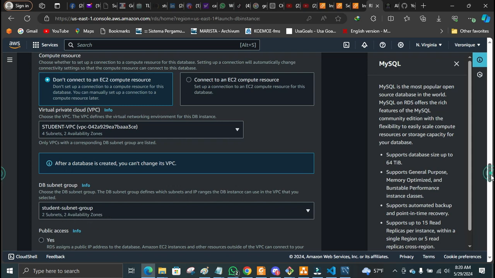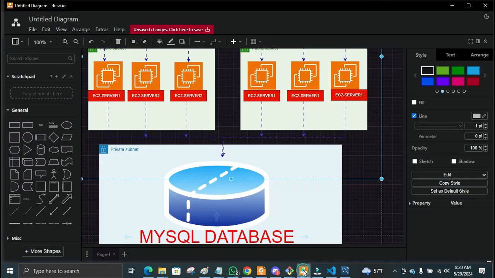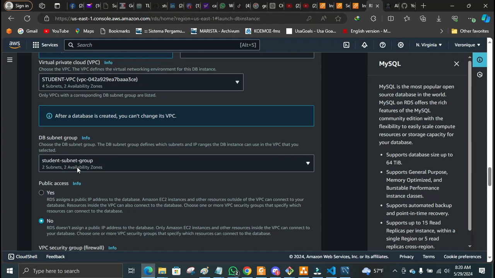Okay, the reason why we created two private subnets is so that we should have a group. In creating a database, they need a subnet group, and for you to have a group is a combination of at least two. So we created two private subnets so that the two private subnets should form a group. But we are going to use only one. That is why in the diagram you have just one private subnet, but we have created two. We created the two so that they should form a group, and for that group we are going to create a subnet group. Okay,